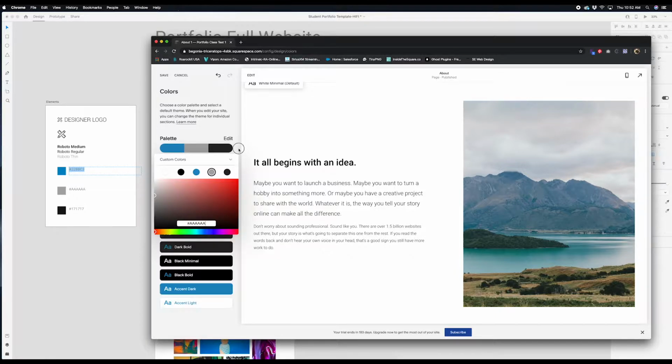It's this nice gray color. And black, I'm just going to use the custom black. So as you can see, these are sort of themes that you can use. So you can use this black bold, so it has the accent color over black, accent light, so it's the blue over the white, accent dark, it's white over the blue,